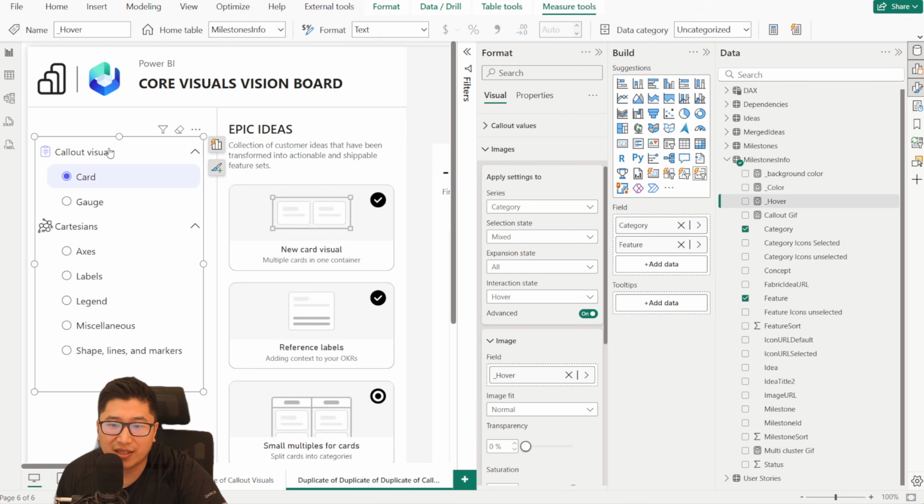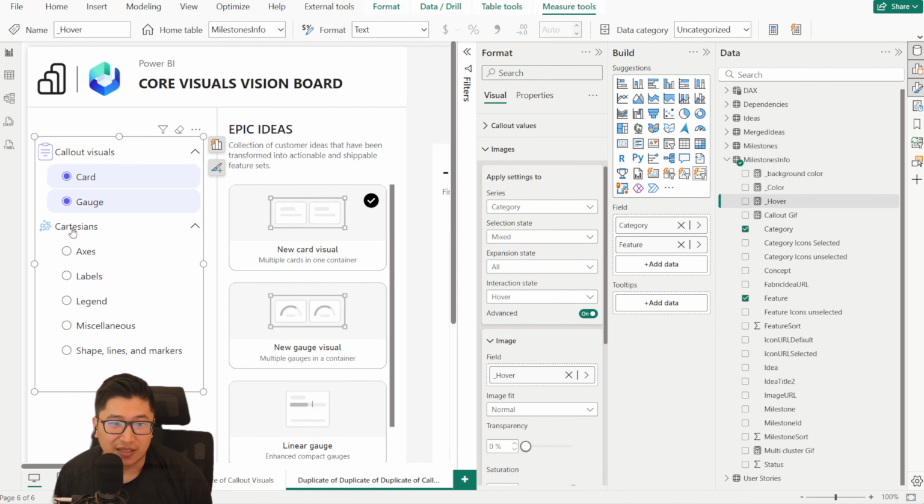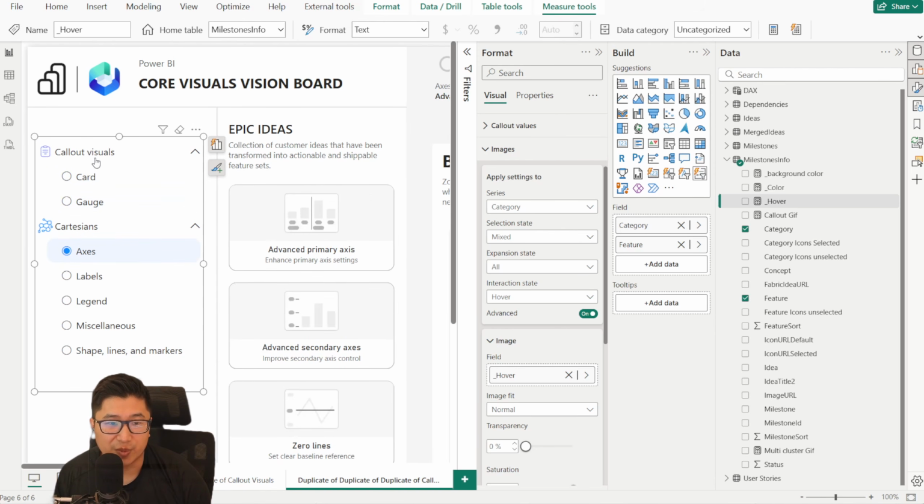I think it's something that you have to put into every single selection state that you use. So I've used unselected, I've used mixed, and I've used selected. So I need to go into all of these and then select hover and put in that hover. So now even if it's selected, when I hover over it, we can see that it's actually clicking. But you can also see that if I put it into mixed and it actually goes into hover, this isn't going to do anything else other than this. This is fine. I'm very happy with the way that it works,